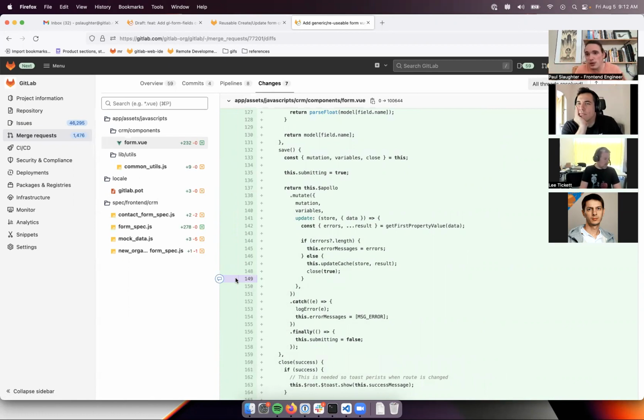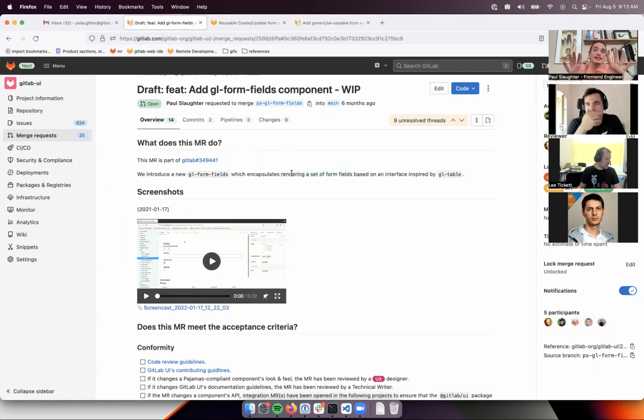Because what if we weren't using Apollo? How could we reuse this? So the idea here is this is the presentation responsibility component of presenting this list of form fields and managing the